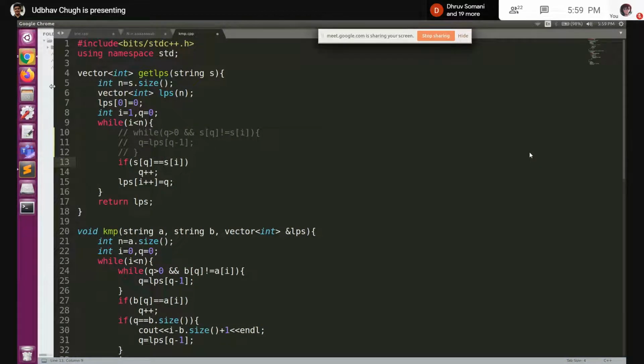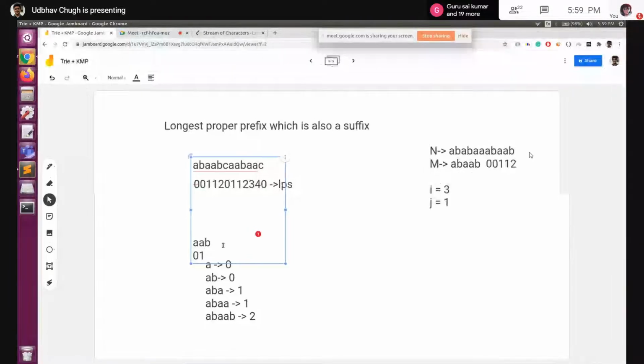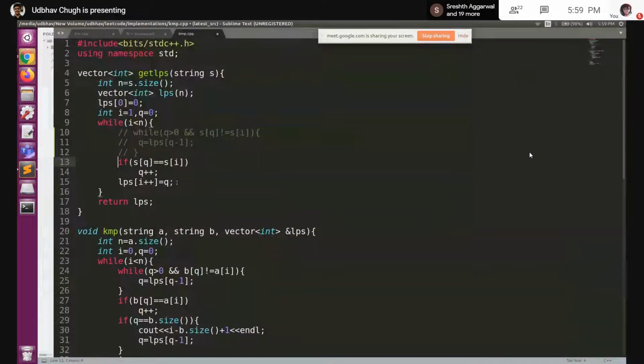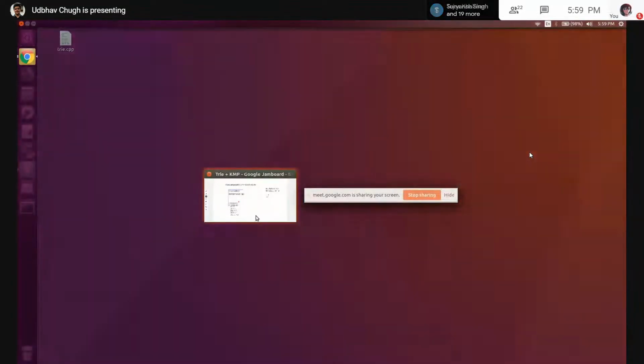So if my string would have been something like AAAA, here my LPS value would go like this. You can see that a one length prefix is matching, then you can see that a two length prefix is matching. Then if we consider this string, a proper prefix of length 3 is matching with the suffix of length 3. So that's why it's incrementing linearly. So if we had just a single character string, you can see that this part will work correctly. Now what happens if we find a mismatch, right? That we have to look into.